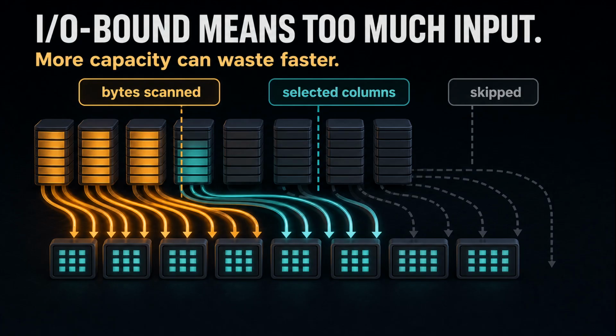Now, slot bound is about capacity. The second symptom sits at the opposite end of the pipe, which is I/O. This is where the old advice still earns its keep. Select fewer columns. Use partition filters. For instance, do not wildcard a year of tables to answer a question about yesterday.